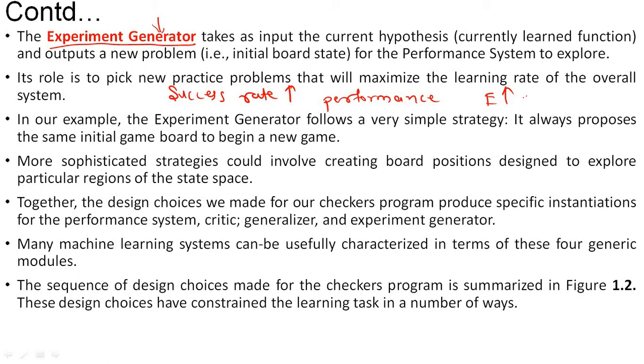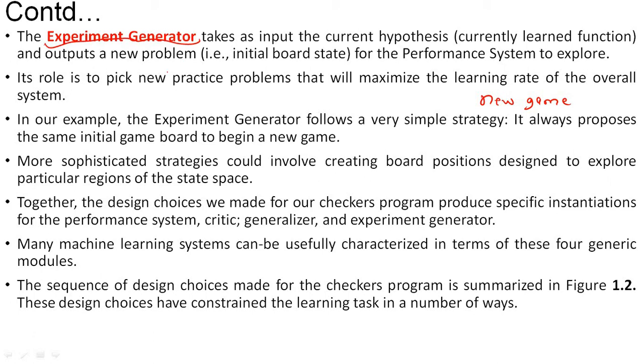So in our case, if we want to generate the experiment, we have to provide a new game to the system. After giving the new game, you can check the performance of the system, whether there are any issues, what the error factor is, and whether it has learned properly or not. All these things you can check, which is called the experimental generator, okay.